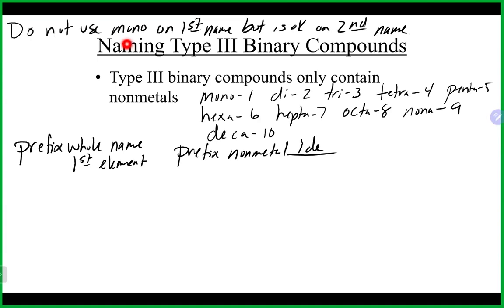In addition, because the prefixes end in vowels and the first letter of some of the elements are also vowels, sometimes you actually get 2 vowels that back up to each other. The 2 common problems are an O and an O, and an A and an O. And typically we would get rid of the vowel off of the prefix part of the name. So an example of that would be something like this: